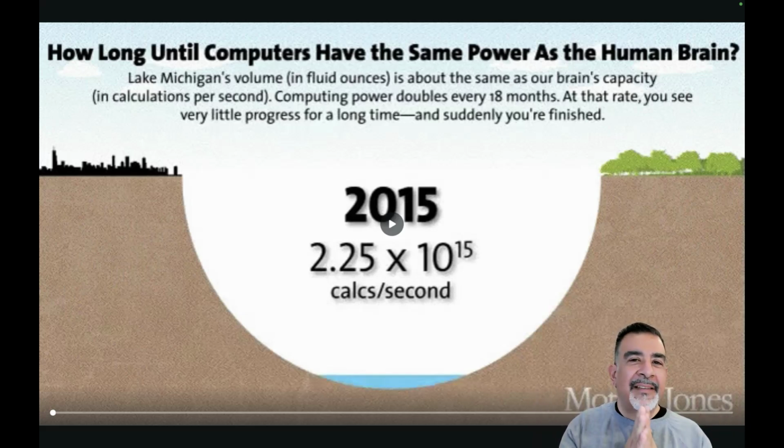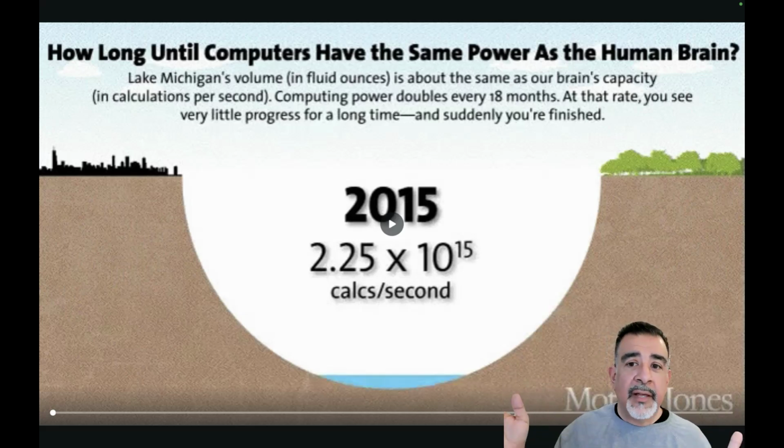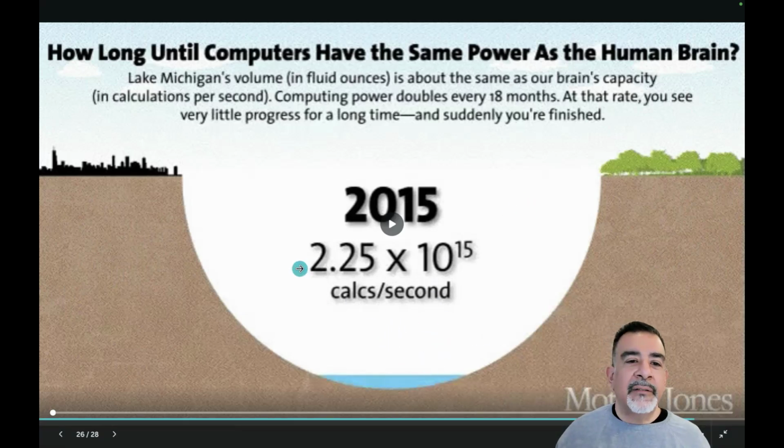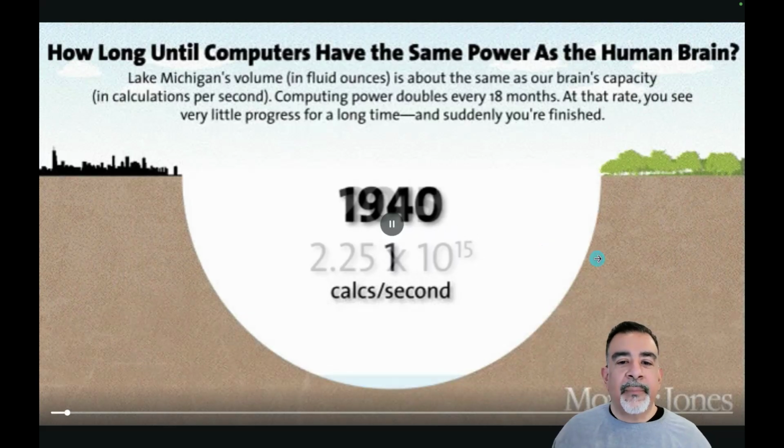All right. So with that premise, if computing power doubles every 18 months, according to Moore's law, then how would it play out that we would fill this hole here with enough water to reflect the equivalent of the human brain's capacity to calculate? Let's see how that plays out.